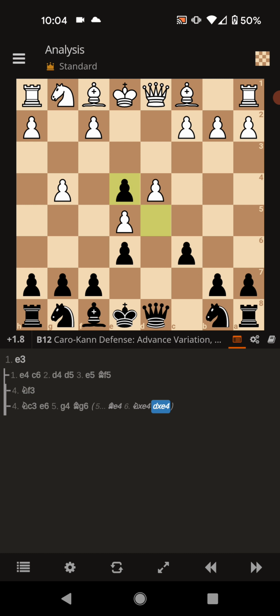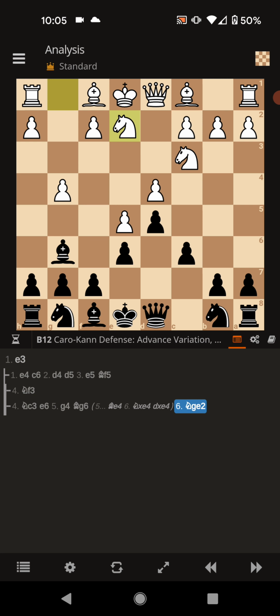And if you look at the computer analysis, it's almost up by 2 pawns, and that pawn on E4 would fall really fast. So you move it back to safety to G6. From here, white is going to go ahead and develop the other knight to E2. And just like all the other